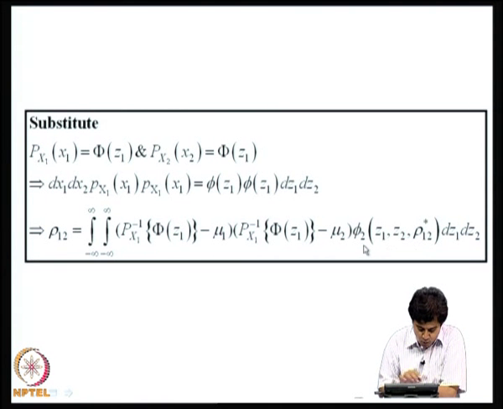What we are asked to do is, for a given value of rho 1 2 on the left hand side, find rho 1 2 star which is buried inside the integrand. But we know that rho 1 2 and rho 1 2 star are both bounded between -1 and +1. So, I will start by assigning values for rho 1 2 star between -1 and +1 and evaluate this integral and find out what is rho 1 2. After I do this exercise for the complete range of -1 to +1, if there is a root, it will certainly lead to the one that we want for rho 1 2. So, the game is,